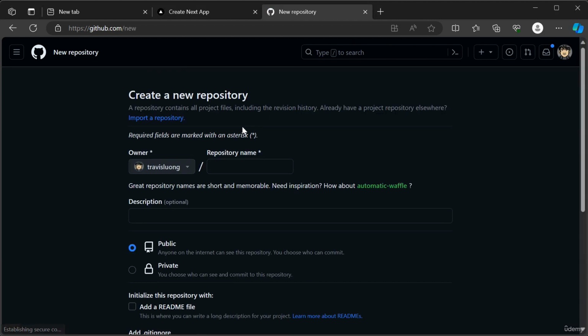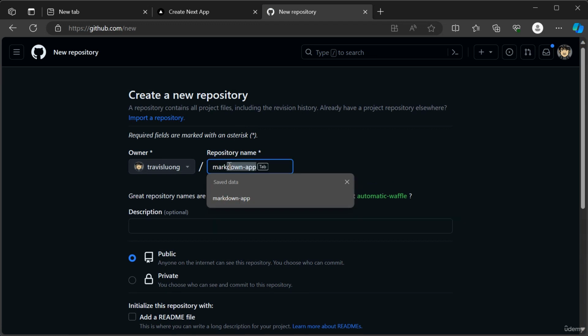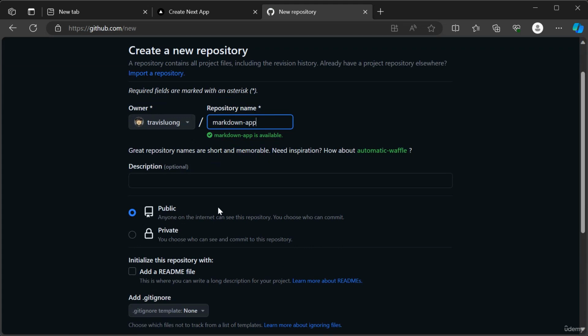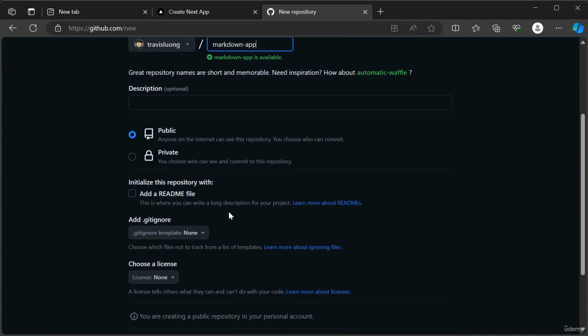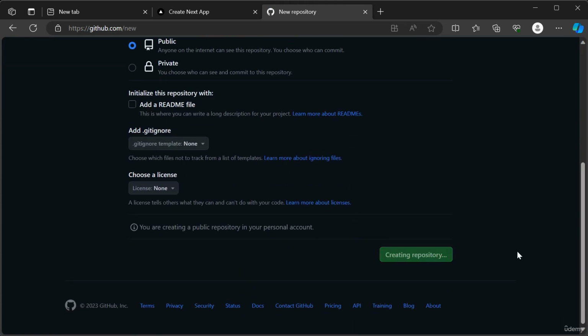So I'm going to create a new repository here. I'll call it Markdown app, and I'm going to make this public, and then I'll create this repository,